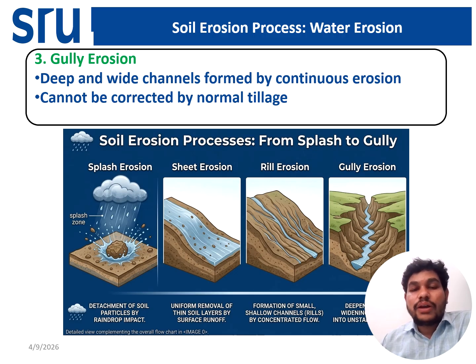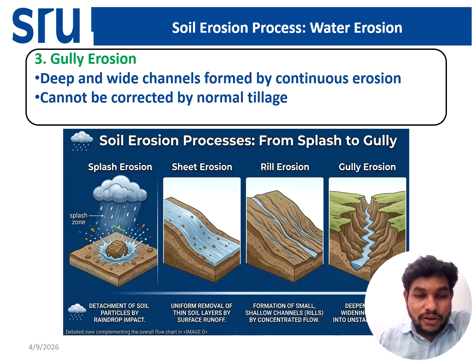So that one we cannot correct by the normal tillage practices. To manage this gully erosion is very difficult. Then gully erosion will convert into ravines, which is still more difficult for farmers to manage. So we can see here